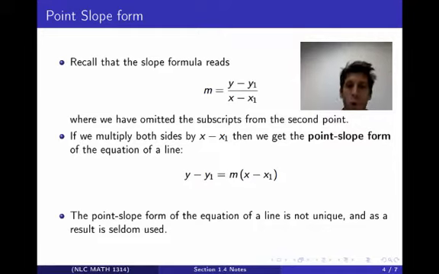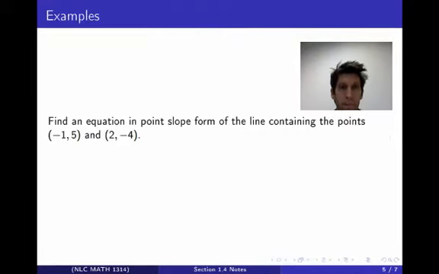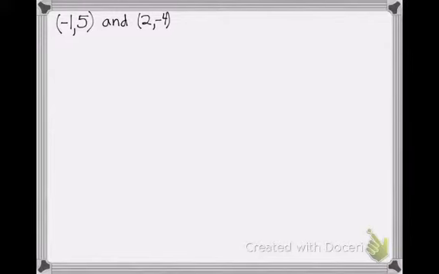Let's see an example with this point-slope form. In this example, we want to find an equation in point-slope form of the line containing the points (-1, 5) and (2, -4). Let's go over to the whiteboard app and we'll see the solution of this done. In this example, we're asked to find an equation of the line through the points (-1, 5) and (2, -4), and we want to write this line in